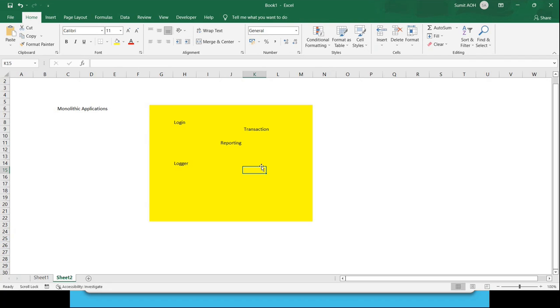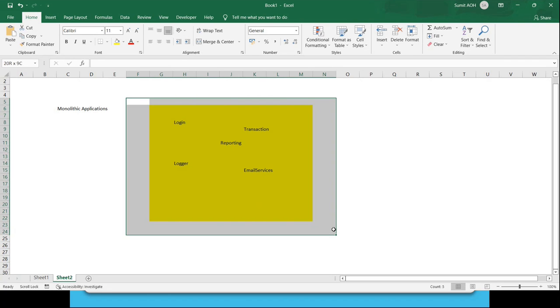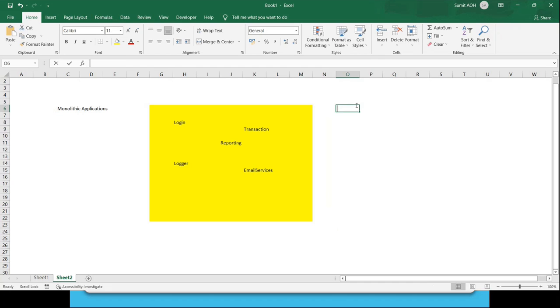And here I have an email service, where all the emails are sent based on notifications, or some sort of notification service you can think of.